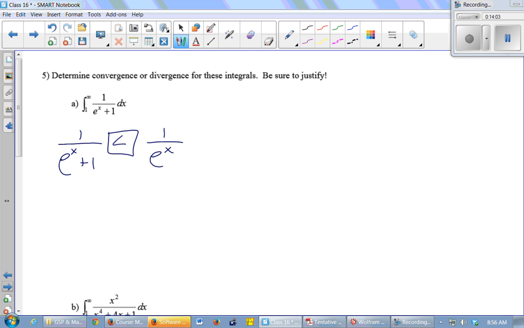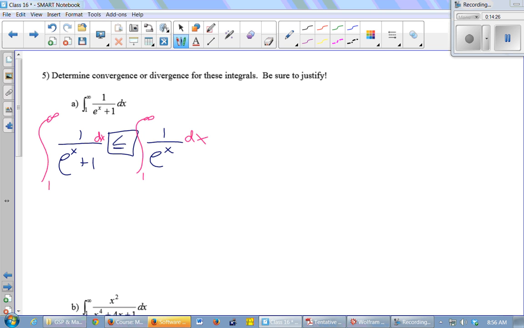I tend to write less than or equal to, even if it's still true, right? Because it's less than or equal to. I don't know why I do, it's just habit, I guess. So less than or equal to. And then if I integrate everything on here, integrate from 1 to infinity dx, integrate this from 1 to infinity